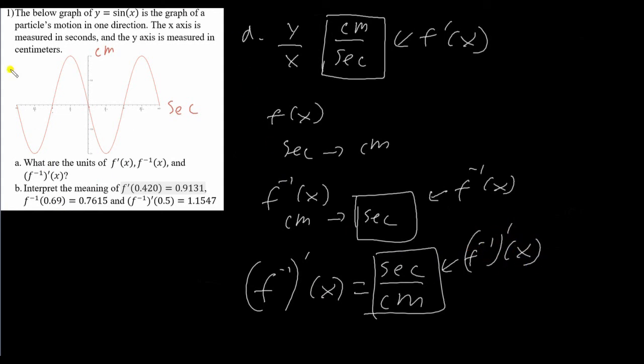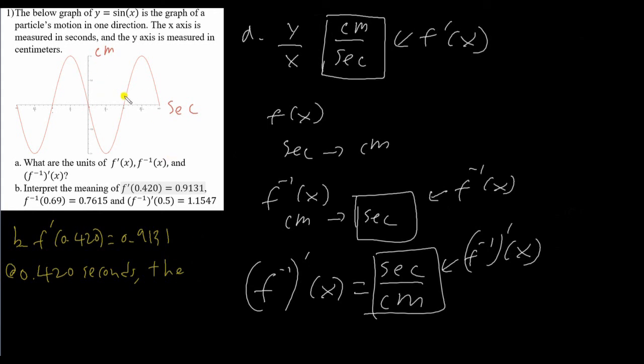Okay, and then now let's move on to part B, and we're asked to interpret the meaning of these three equations. So for the first one, the derivative of 0.420 is 0.9131. So what that means is the rate of change, right? The derivative is just measuring the rate of change at a certain input. So at 0.42 seconds, right, at this value,